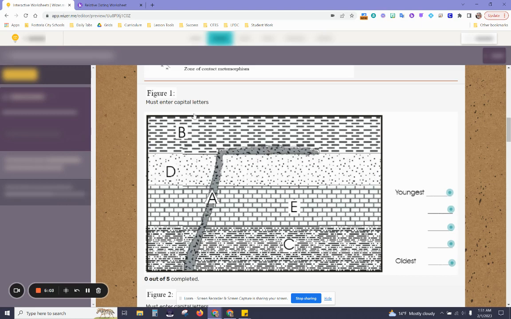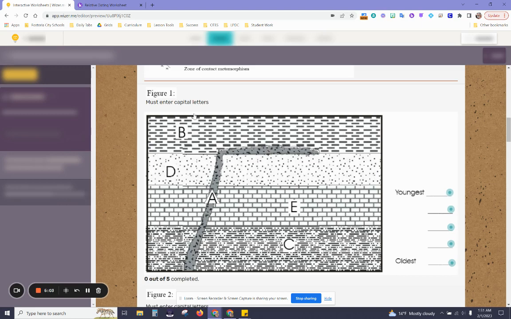A good example of that would be like this. It's kind of wavy across here. It was exposed to the surface for a while and weathered down, eroded away, and so it left some jagged areas there, not totally horizontal. Or this right here, this is a bad unconformity on the surface. So this layer has been exposed to the surface for a long time, and a lot of this, especially right here, has been weathered away and eroded off somewhere else. So another layer will fill in on top of that, and we'll go on